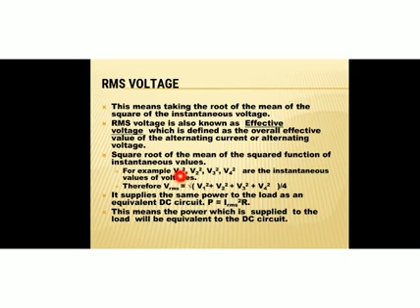For that, first take the squares of these voltages, then find the mean of these squares. After calculating the mean, find the square root. That forms the RMS voltage, Vrms. So Vrms is equal to the square root of the mean of squares. V1 square plus V2 square plus V3 square plus V4 square, divided by 4, is the mean of the squares of these 4 voltages. Then take the square root of this mean.